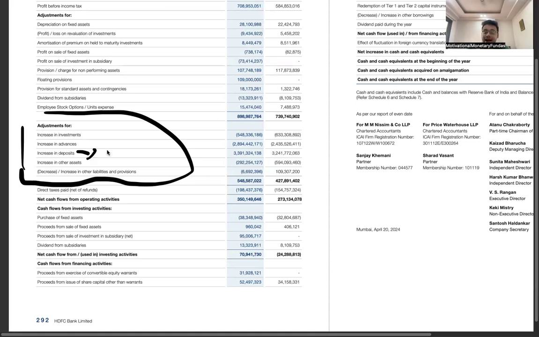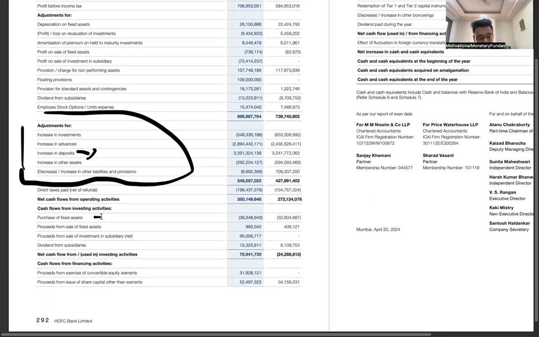And deposit is a liability for the bank because the bank has to pay interest on deposits. Correct? Always remember, deposit is never an asset for the bank. Deposit is always a liability for the bank because the bank has to pay interest to you. Okay? So if you just see the cash flow from the investment activities, here you have the normal things: purchase